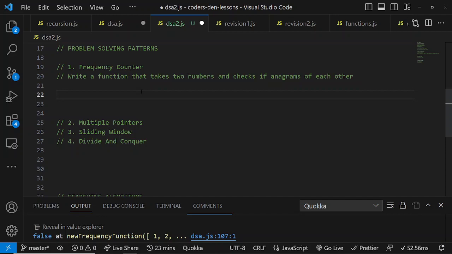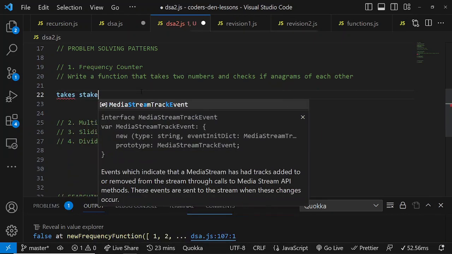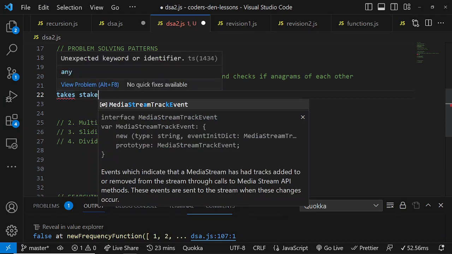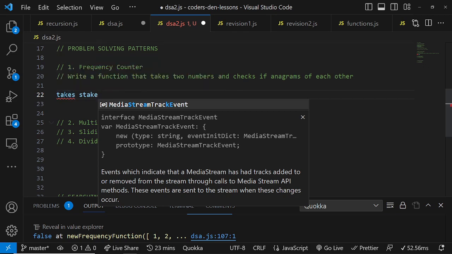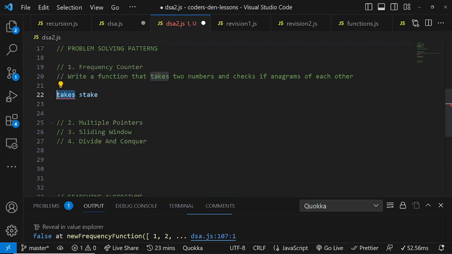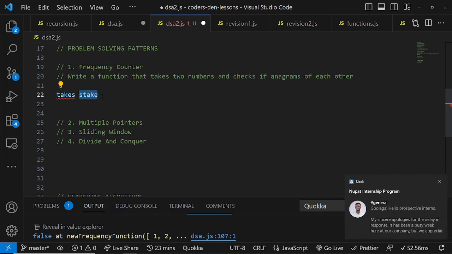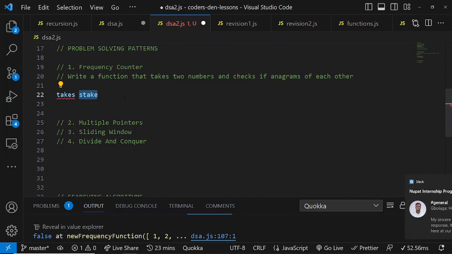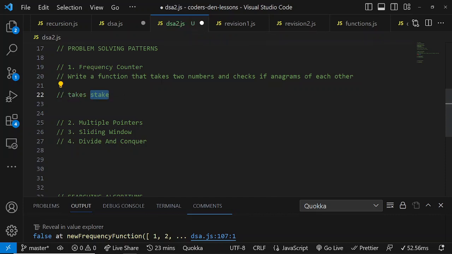So okay, look, let's take this. Takes can be scrambled to get steak. You see all the letters in here are the same letters in here. No differences. It's just that they are swapped around. So these are anagrams. So write a function that will take, oh sorry, not two numbers, two words or strings. Take two strings and check if they are